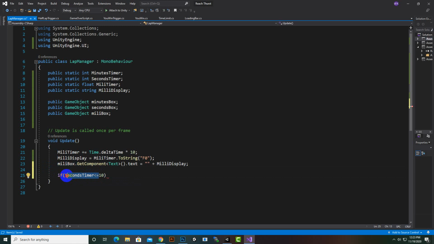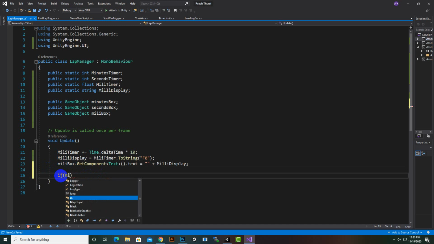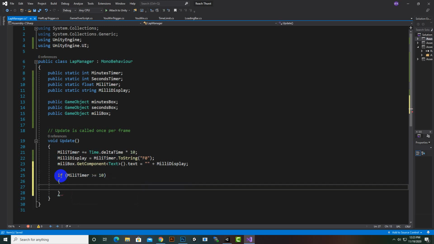So if milli timer is greater than or equal to 10, then what will happen? Here we will say milli timer plus equal to 0. If it becomes greater than 10, then it will be 0,